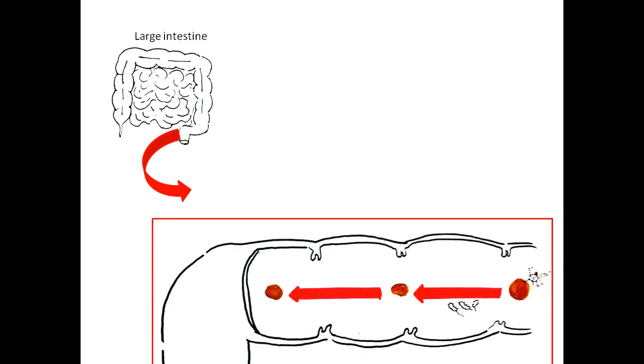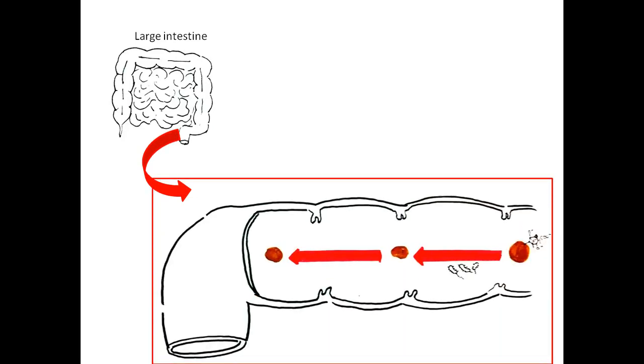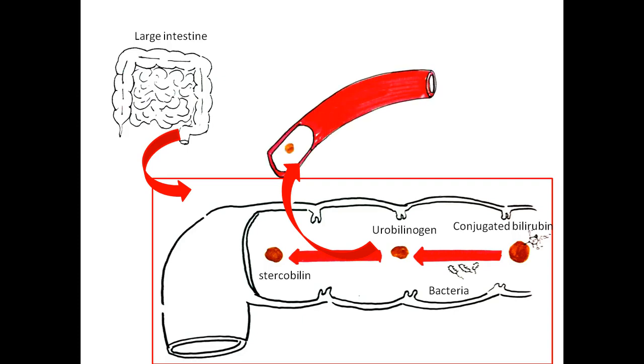In the large intestine, you can see in the bigger picture the conjugated bilirubin is converted into urobilinogen upon bacterial activity. Then this urobilinogen is further converted to stercobilin, and stercobilin is excreted with the fecal matter. Some amount of urobilinogen is converted into stercobilin, and some amount of urobilinogen is absorbed and moves to the kidney, and inside the kidney some amount of